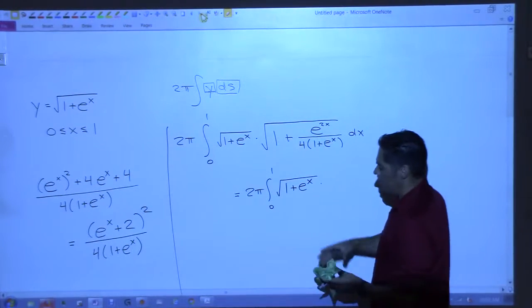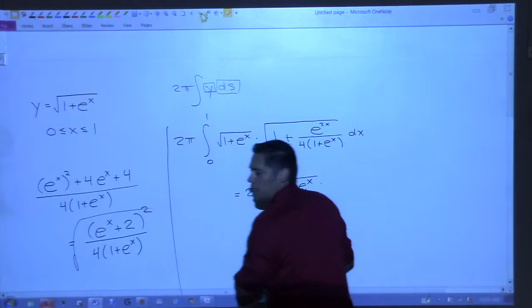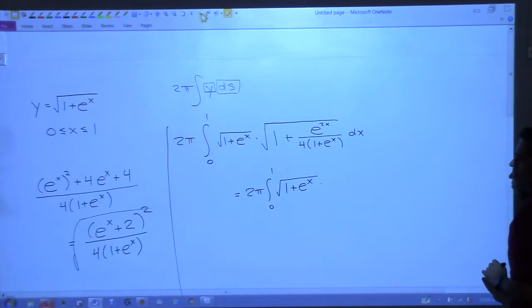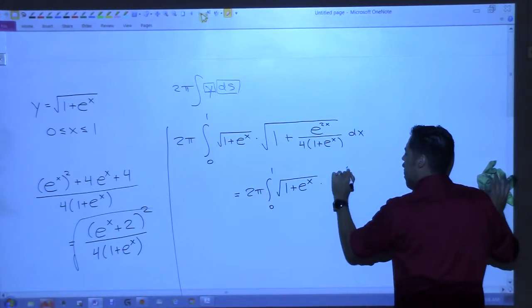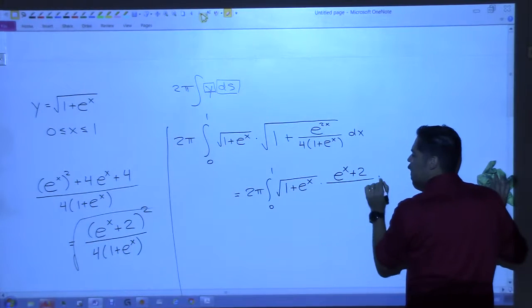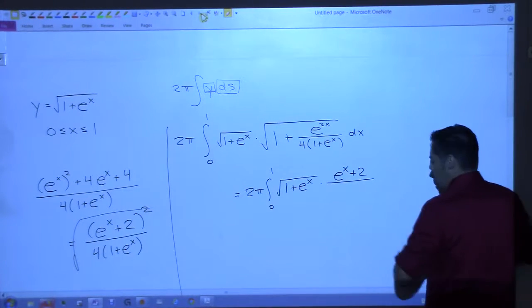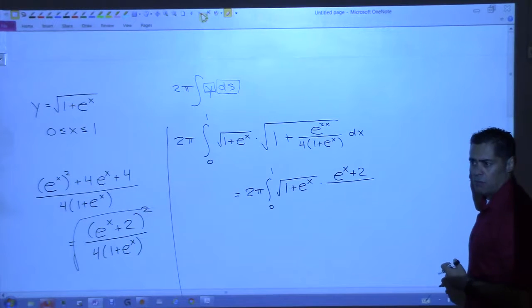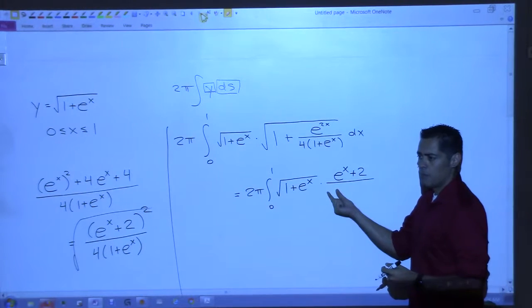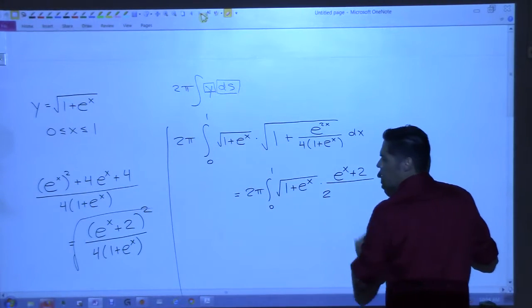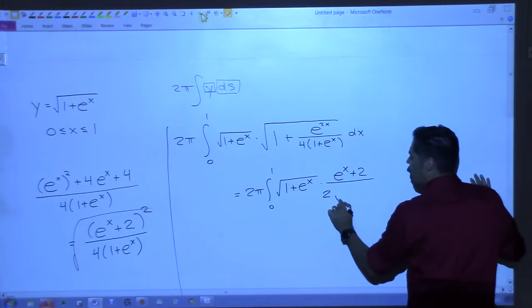Can I do that? Can I go ahead and just talk about what that would be right now? What would I have on top? e to the x plus 2, and on the bottom, what would I have? Well, we would have a square root of 4, which would be a 2, right? So we'd have a 2 on the bottom? 2, and then what else? The square root of,